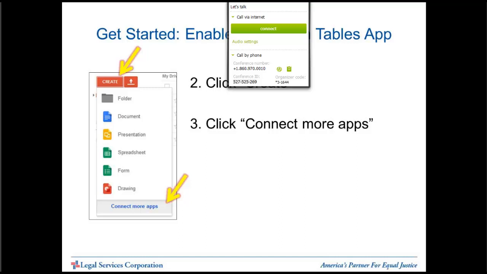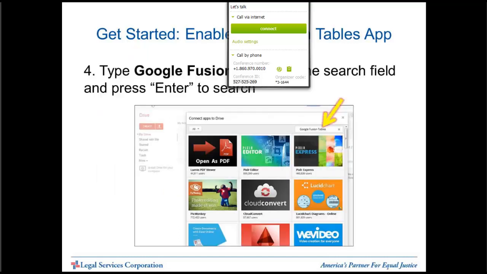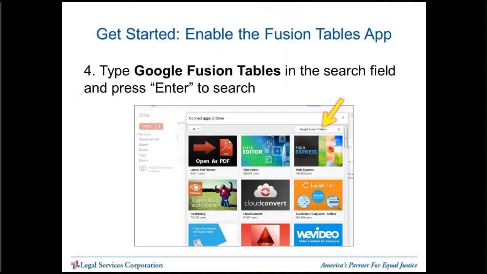It's not here yet, so let's click Connect More Apps. This brings up a catalog of many different apps available through Google Drive. There's a little search box in the top right corner of that window, so we search for the Fusion Tables app. You type it in right there and push Enter,